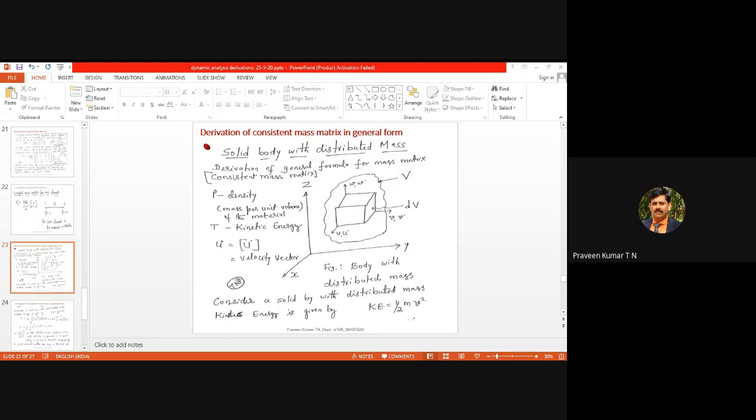It will be considered as one of the assignments. Suppose you got assignment 1, 10, assignment 2, 10, and quiz marks, if you get 10, the total is 30 divided by 3, then your internal mark for the assignment and quiz will be 10. Like that it will be calculated. That is also important. It will be considered for your test mark also, or IA mark. That's why all of you attend the quiz.